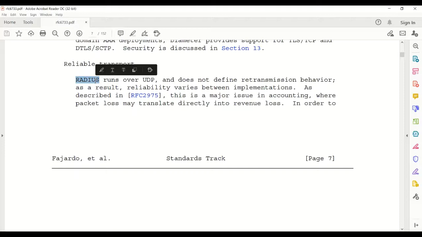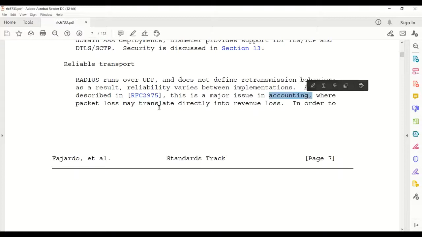They could have standardized some kind of a handshake, some kind of a protocol to guarantee the delivery of whatever messages Radius has to send to its peers, basically, but they did not choose to do that crisply. So hence the reliability varies between implementations, and as described in RFC 2975, this is a major issue in